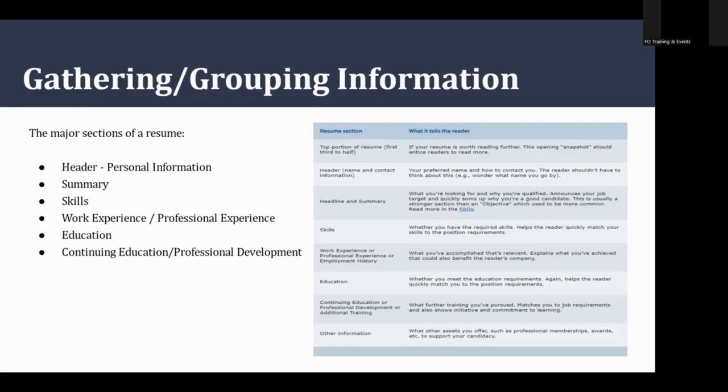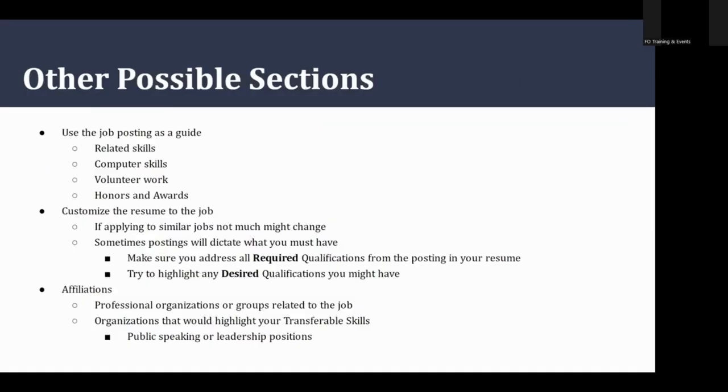The format and order can be different. They depend on the type of job you are applying for. And we'll discuss further in the next few slides as we go into each of these sections and what is included. But there are also possible other sections or headings. Use the job posting as a guide. You want to see if there are related skills, computer skills, maybe there's volunteer work or honors